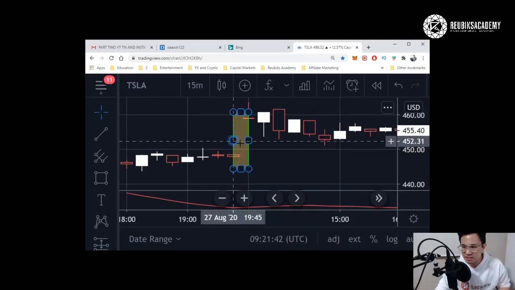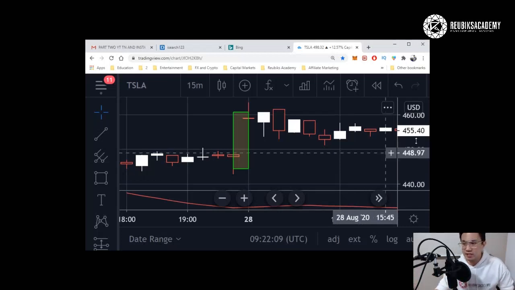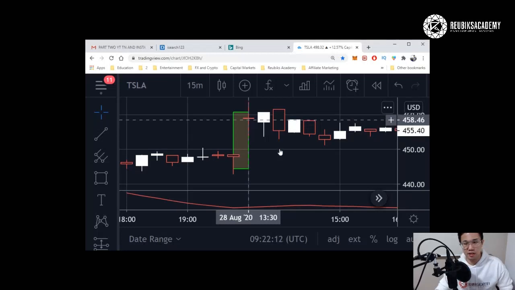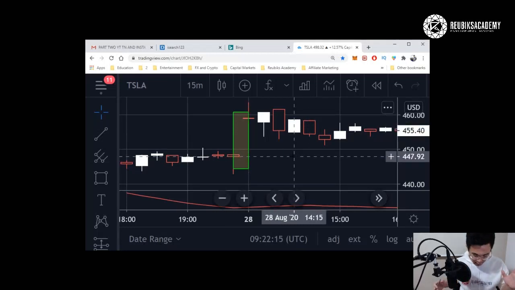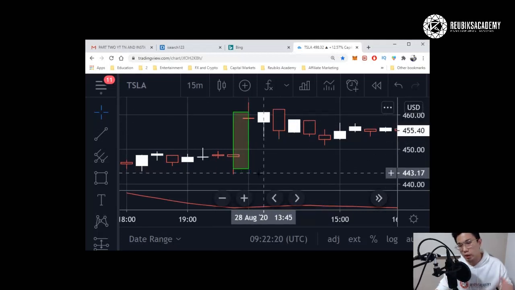So you can see there's a gap because this gap represents the market closing and the market opening the next day. When the market closes, the candles do not appear because the market is closed, but whatever is happening during market closure hours will still affect the stock's price, it just has not been reflected on the chart yet, so it will be reflected the next day. When this candle over here starts, that is what we call a gap up. If this candle appeared at a lower spot, that is what we call a gap down. So this is a gap up.